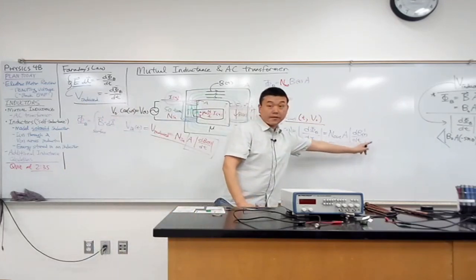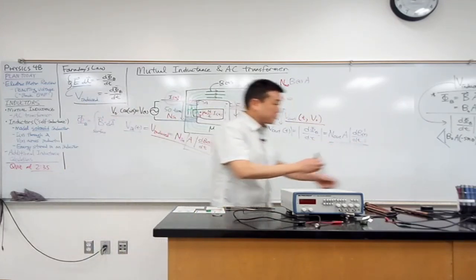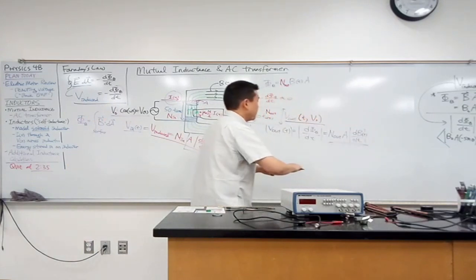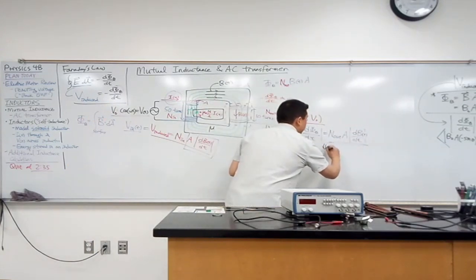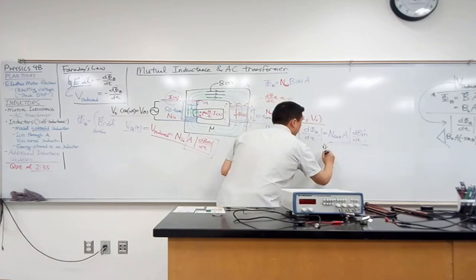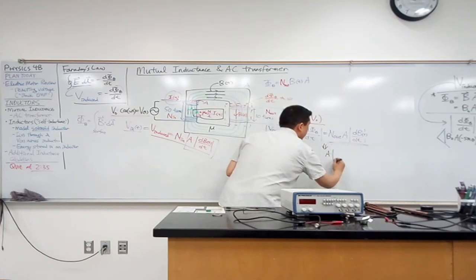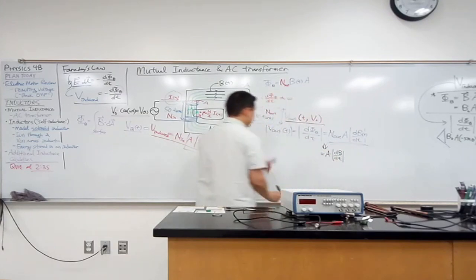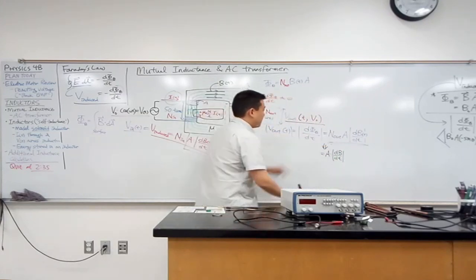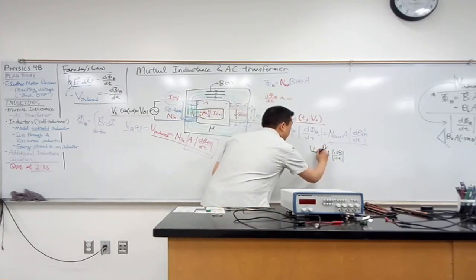It's the same for both of them, which means I can solve both of them for that quantity. So out of this, A times the rate of change of magnetic field is equal to output voltage divided by N out,